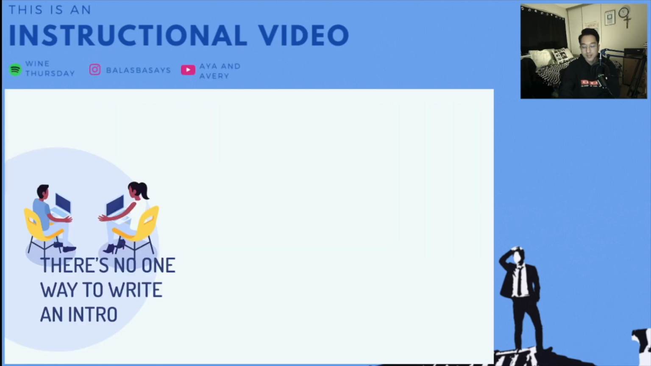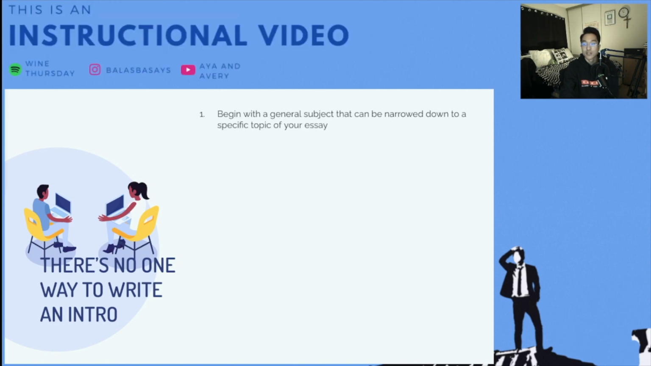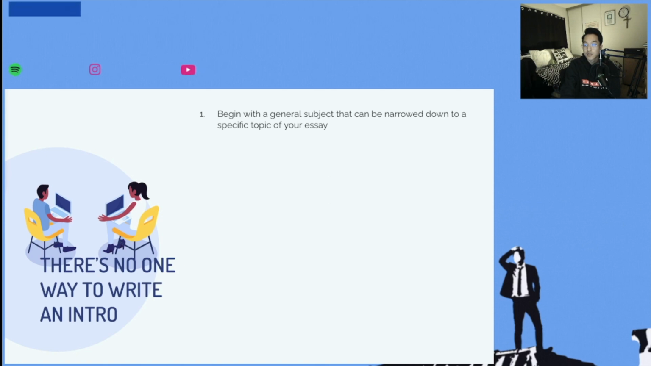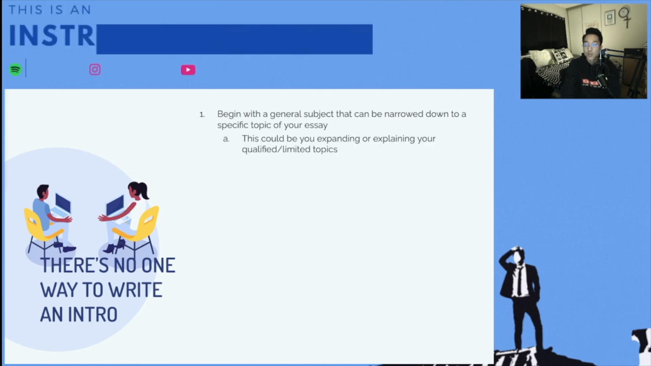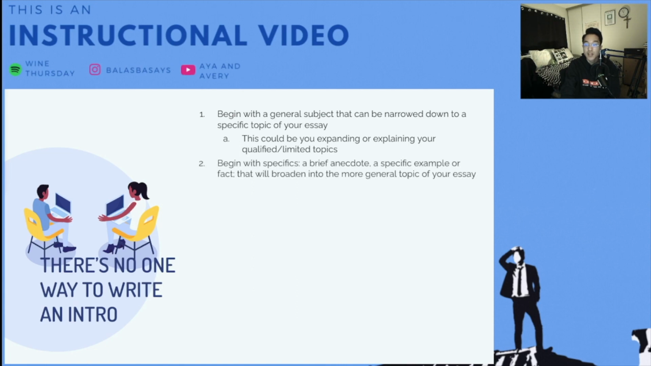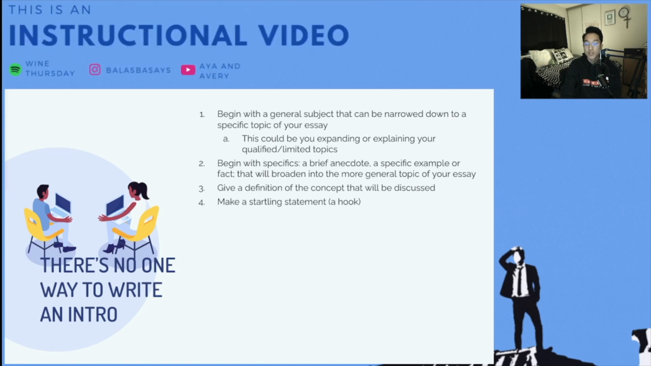So to wrap up this introduction paragraph lesson, there are various ways to write an introduction paragraph and different uses at the beginning of any written work. So here are a few ways that you could write your introduction. Begin with a general subject that can be narrowed down to a specific topic of your essay. This could be expanding or explaining your qualified or limited topics. Begin with specifics, a brief anecdote, a specific example, or fact that will broaden into a more general topic of your essay. You can give a definition of a concept that will be discussed, make a startling statement, which was known as a hook,